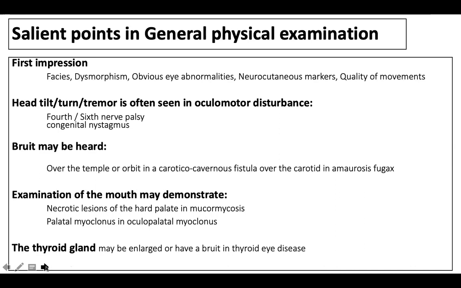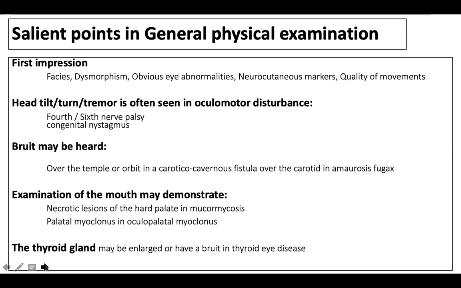And going further, you may look for bruit. If there is bilateral complete ophthalmoparesis, you can look for the presence of a bruit over the orbits. You check for the bruit over your supraorbital ridge, the lateral aspect of your supraorbital ridge, with the bell of the stethoscope. And the presence of an orbital bruit indicates probably there is a carotidocavernous fistula, a very rare and unusual condition. But if you are able to pick it up, it could indicate a lesion intracranially.